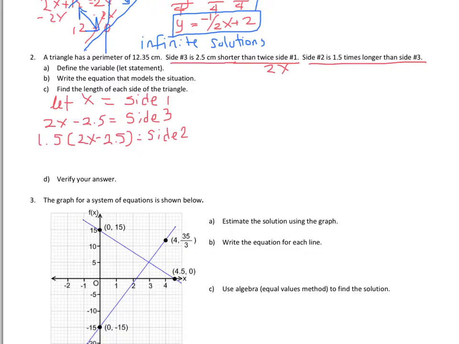There are 3 in a triangle, and that means if we add them all together, that x plus 2x minus 2.5 plus 1.5 times 2x minus 2.5 equals